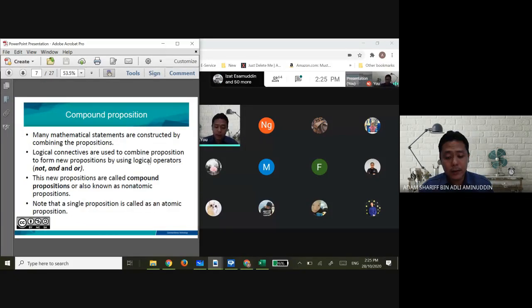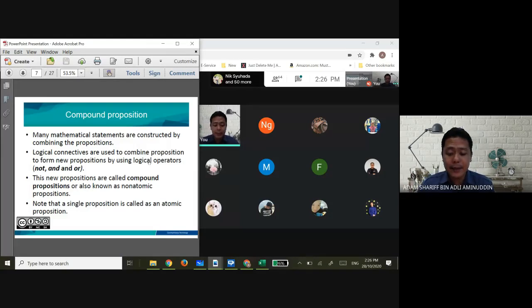Okay, now we talk about compound proposition. Okay, you have two types of proposition. First, atomic. Atomic, it means a single proposition. Just now I used in my example, the person is tall. Itu satu proposition. Sir Adam is tall. True or false? Satu proposition. However, if I want to add up another proposition, which is Sir Adam is fat, so itu proposition yang lain.